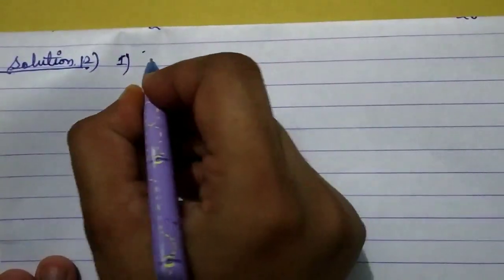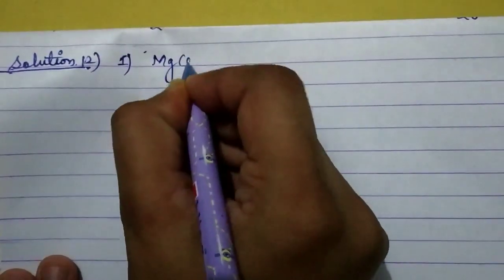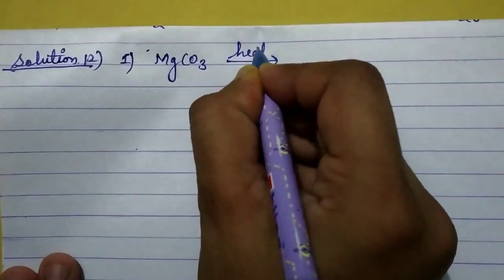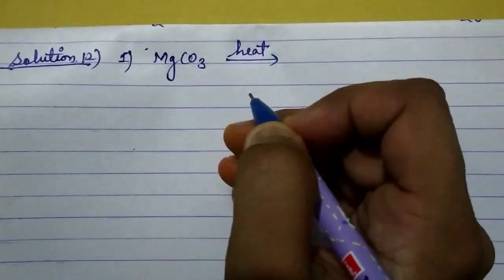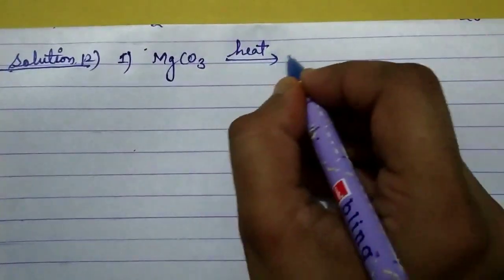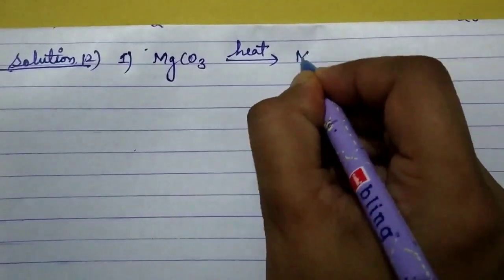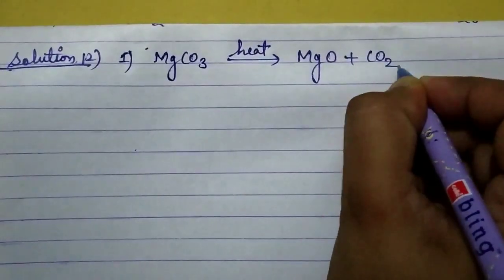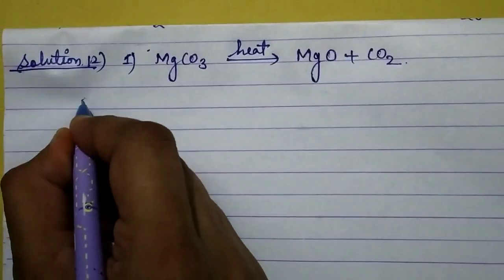So here we will write 3 equations, one of each. I am going to write in presence of heat. So here magnesium carbonate in presence of heat, you may write CaCO3 also, in presence of heat gives MgO plus carbon dioxide. Okay, in presence of